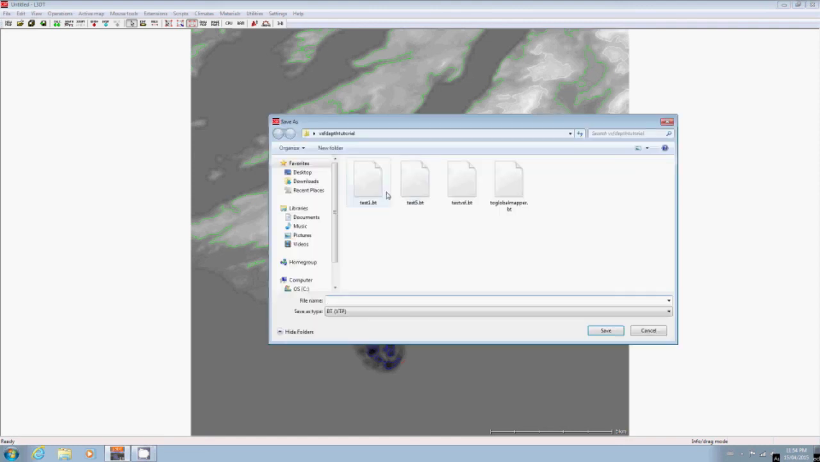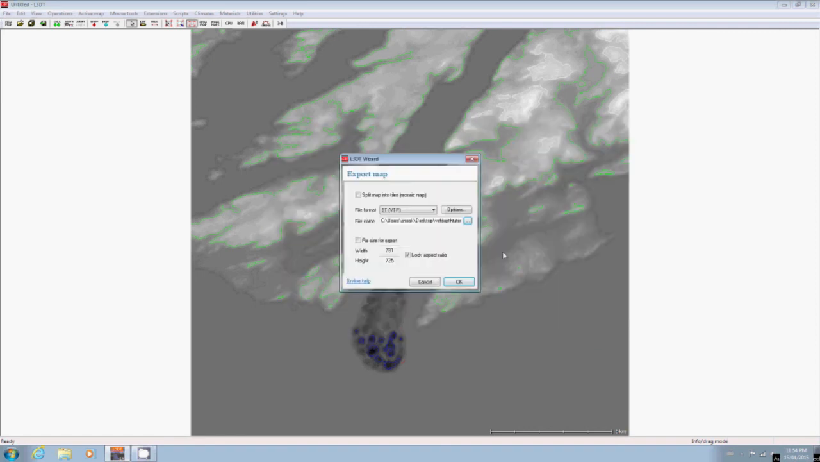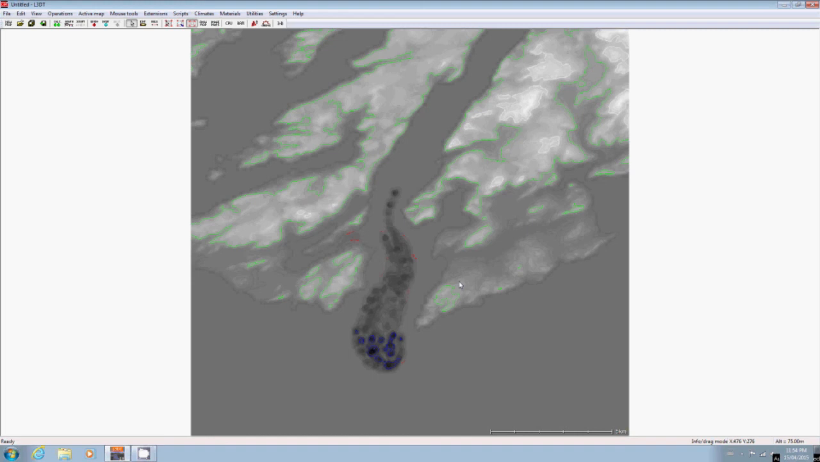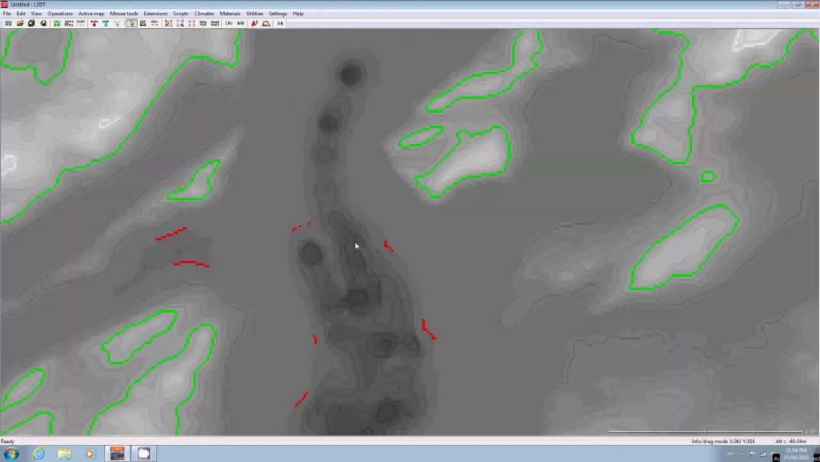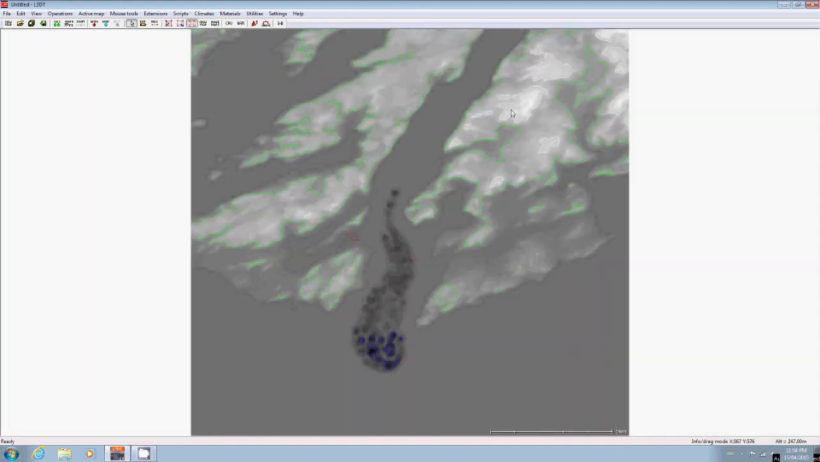Select where we're saving it. I'm going to call this TES Test 6 BT file. Click Save. Leave everything as is. Just click OK. It should be exported. Okay, next step, bring it back into